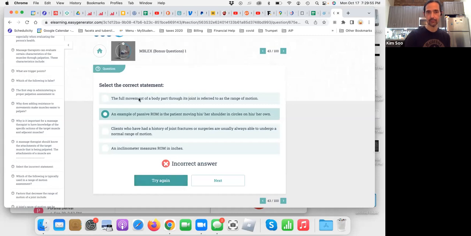Select the correct statement. A full movement of the body part through its joint is referred to as the range of motion. An example of passive range of motion is the patient moving his or her shoulder in circles on his or her own. Passive range of motion, moving his or her shoulder on his or her own, not his or her own if it's passive. Clients who have had